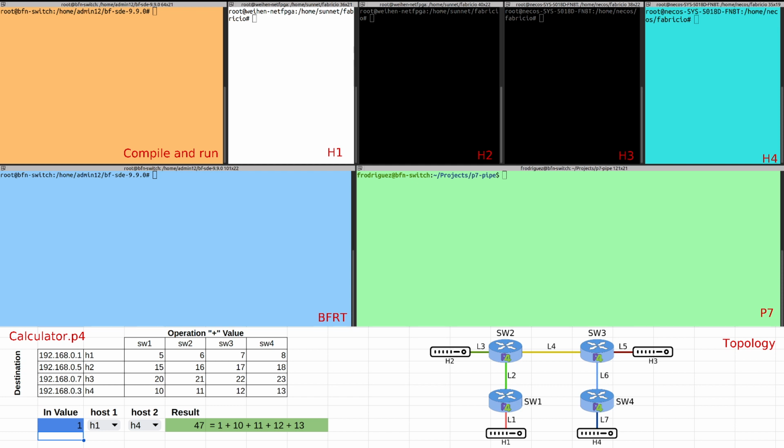For this example, we are going to present a simple code, a calculator code. What it's going to do is it's going to perform an operation, a simple operation, for instance, the addition between a given number that is going to be in the original header of the packet, and it's going to perform the operation between this value and a value that is going to be stored in one of the tables that